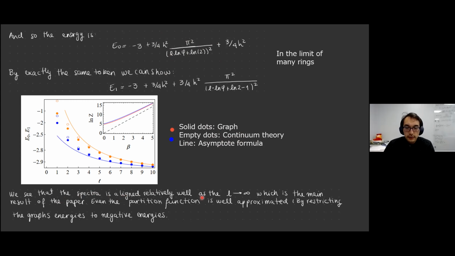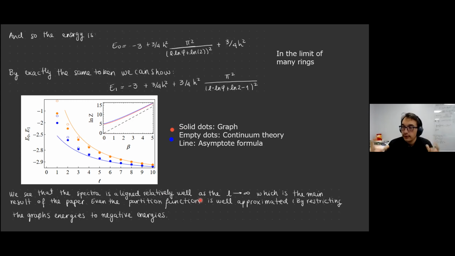And then another thing that they did, in order to see how well other eigenvalues were matching, was computing the partition function for only the negative energy modes of the graph theory, because the continuum theory will only have negative energy modes. If you restrict to that and calculate the partition function, that's essentially the free energy as a function of the inverse temperature, and you see that they align pretty well. I believe blue is the graph theory and red is the continuum theory. Sorry, so L is the number of layers.